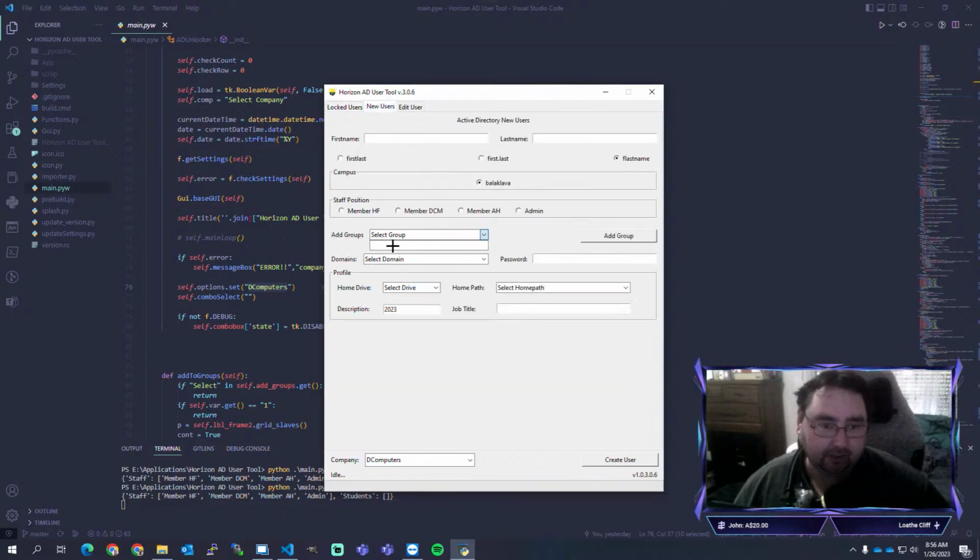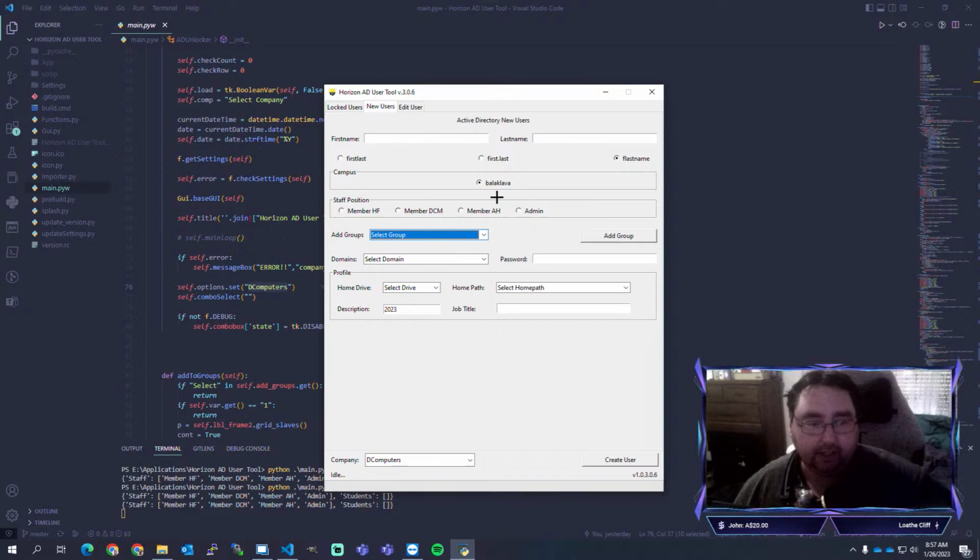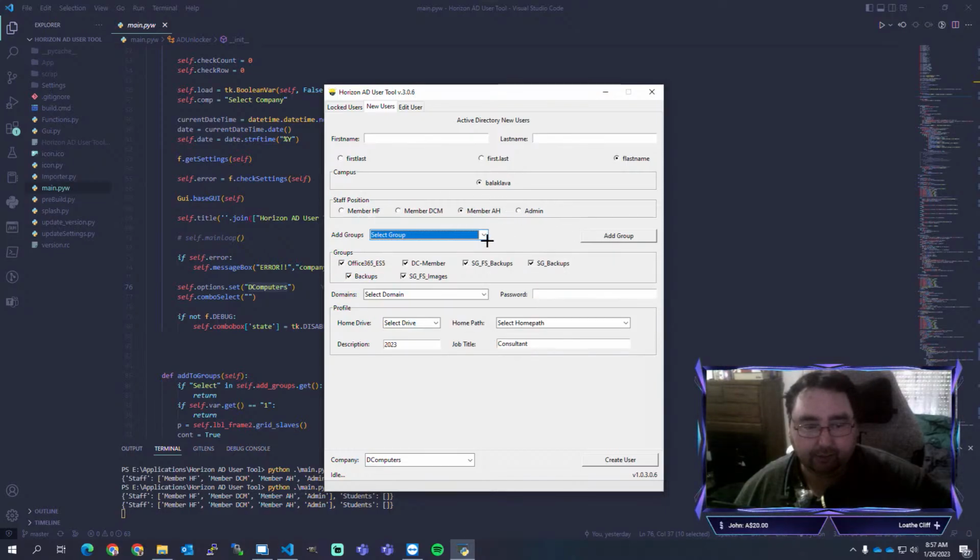As you can see, no groups are selected in my groups. When it loads and first makes that connection to the server, it'll list all the groups. So if I select a staff position, say member AH, which is one of my brother's companies, it'll give a list of what groups I've assigned to that position, and then we can go into here and add other groups if it needs access